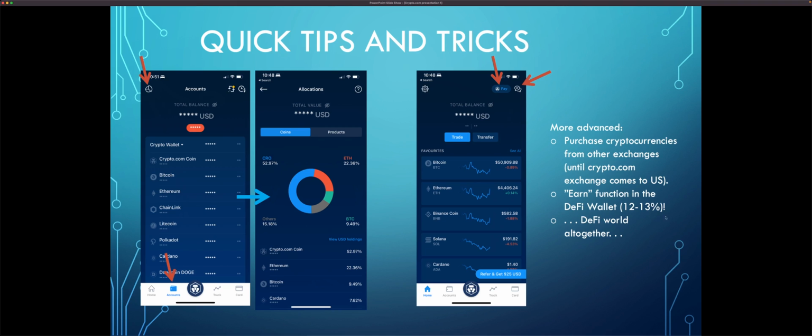There's tons of things you can get into, but some more advanced things you can do is you can buy cryptocurrencies from other exchanges and bring it over. You can use Earn in their DeFi wallet, which we can talk about later, and the DeFi world altogether is something above my head, actually. But